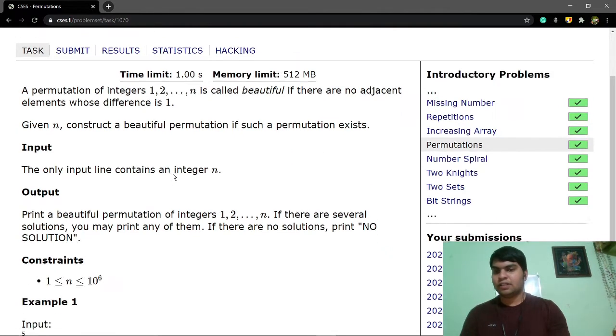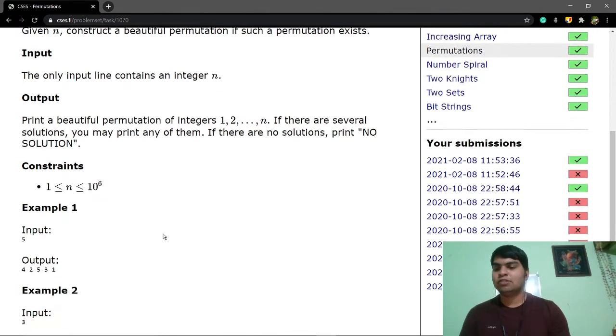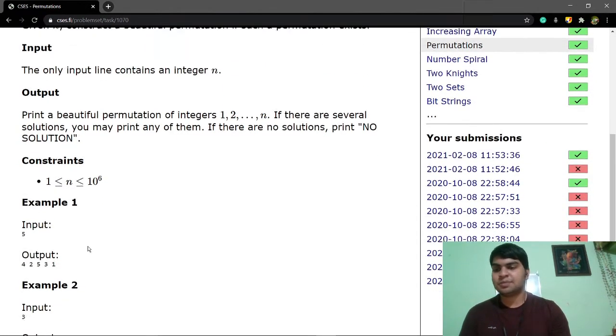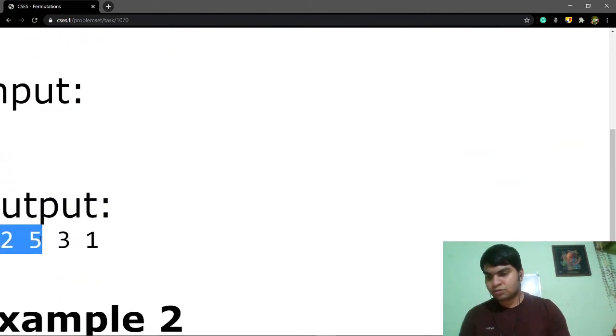Now a beautiful permutation is a permutation in which you have no adjacent elements whose difference is 1, so the adjacent difference between the two should not be 1.